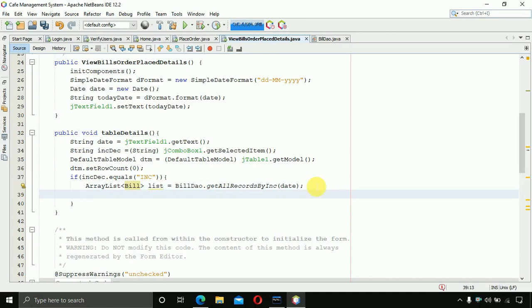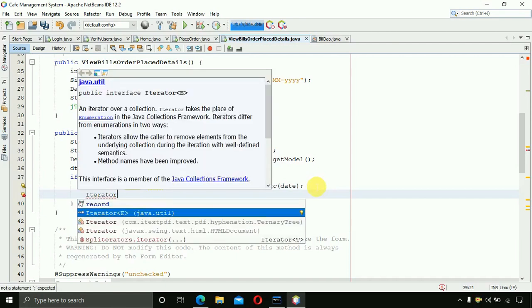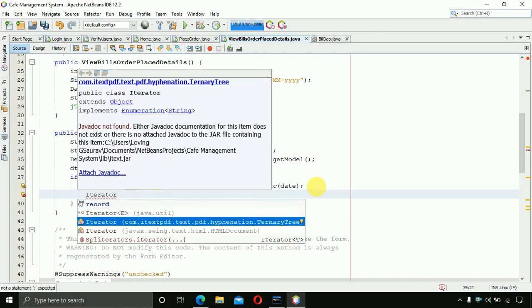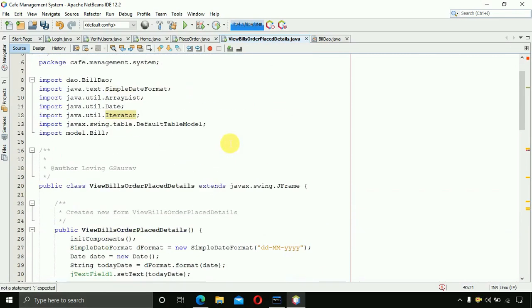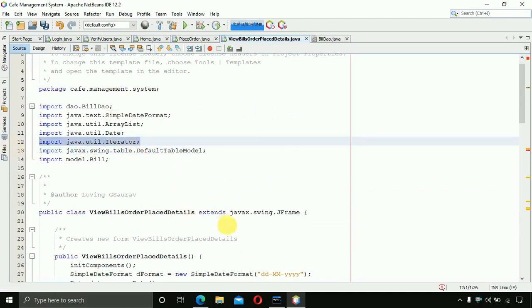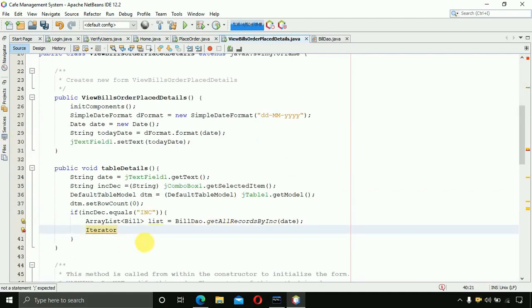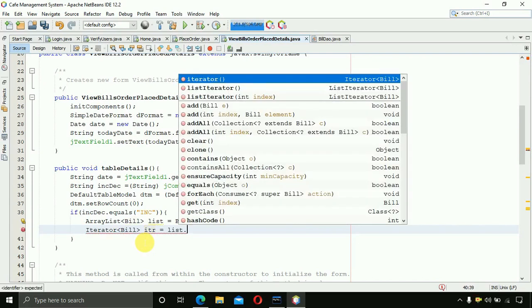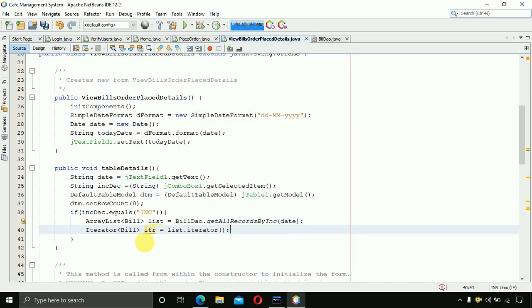So for that we are going to use the iterator. Call the iterator, this one, from util. You can see java.util. After calling iterator we are going to type Iterator itr equals list.iterator, this one, and